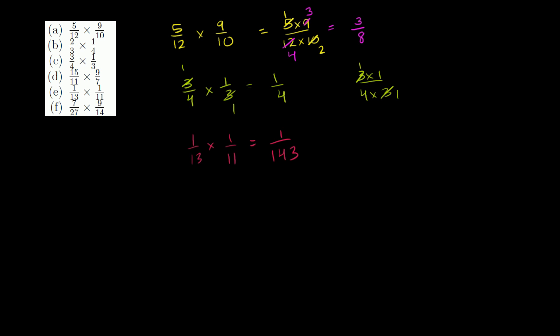All right, one more, get us really warmed up. I'll do part F. 7 over 27 times 9 over 14. Well, we can do the same trick we did over here. Divide the numerator and the denominator by 7. So this becomes a 1. This becomes a 2. Then we can divide the numerator and denominator by 9. This becomes a 1. This becomes a 3. So this becomes 1 times 1 over 3 times 2,